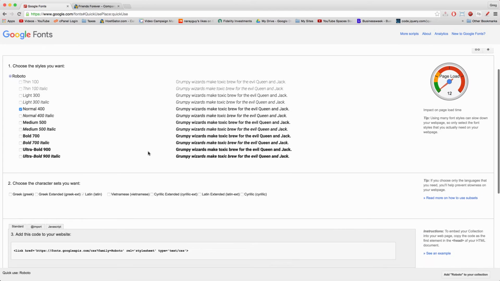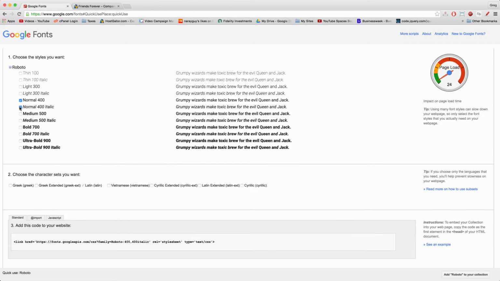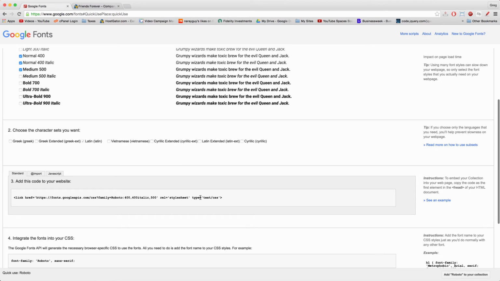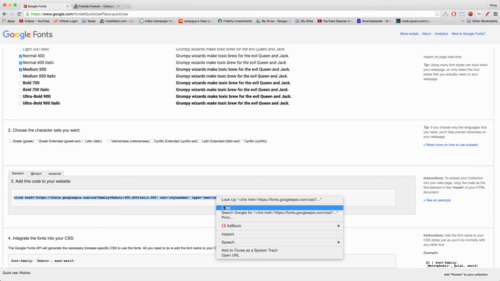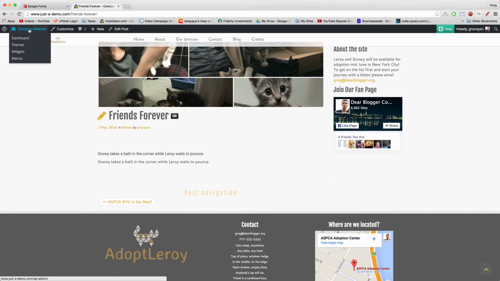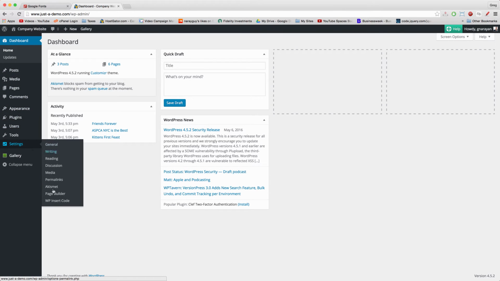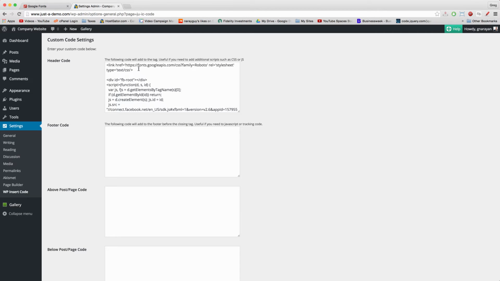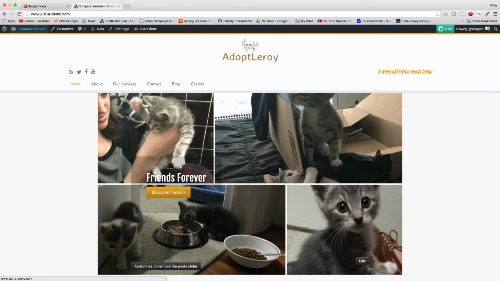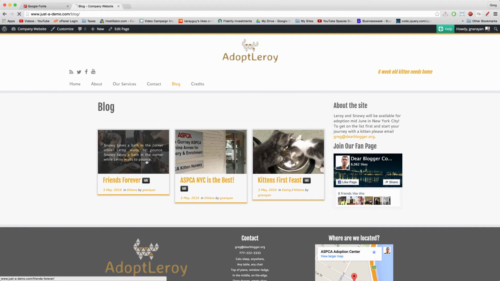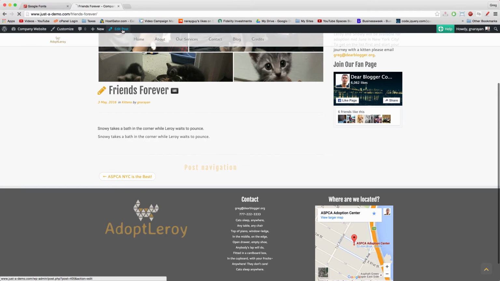If we go back to Google Fonts, we can also use the different styles. Just check them and we can see our section 3 HTML will change. If the section 3 HTML changes, we then need to highlight it and copy it again. And then come back to our WordPress site, Settings, WP Insert Code, paste it in with those new styles inserted, save. Now when we go back to our blog, there won't be any immediate changes, but if we now edit post,